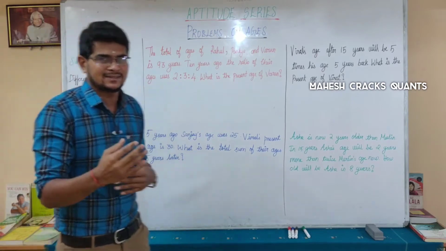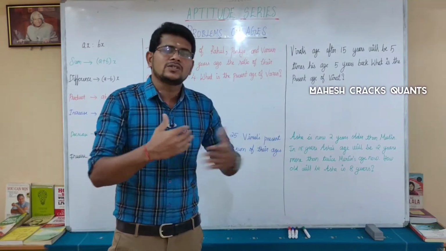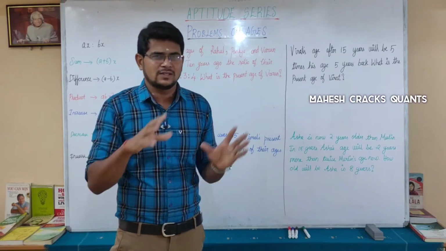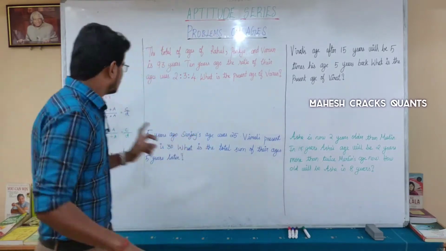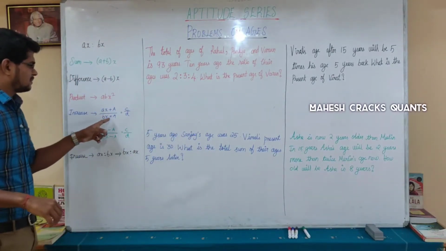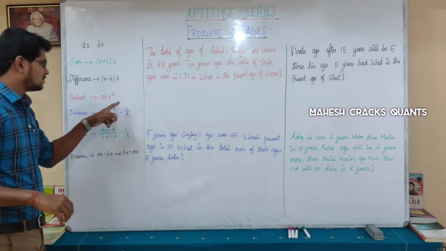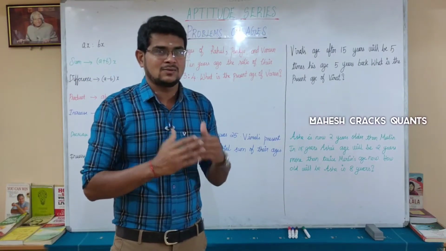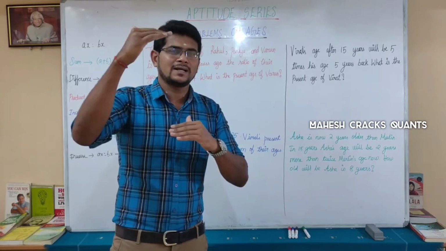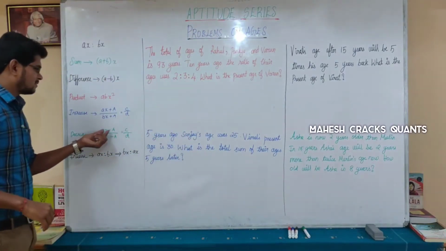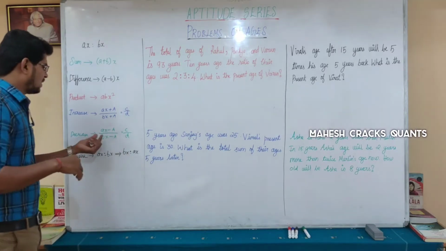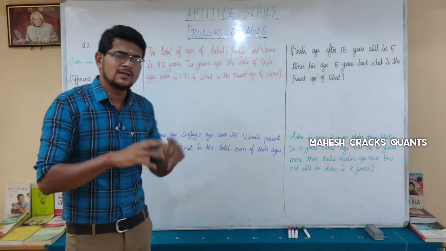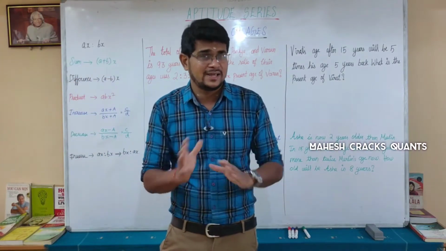Increase means you are increasing certain ages. For example, this year the ratio of two persons' ages is 5:6, and after 10 years it will become 6:7. So that increase is (AX plus A) divided by (BX plus A), giving a changed ratio C by D. Next, decrease: if you are looking back in the past, that is a decrease. So (AX minus the number of years) divided by (BX minus the number of years) is equal to C by D. And inverse: AX is to BX automatically becomes BX is to AX.